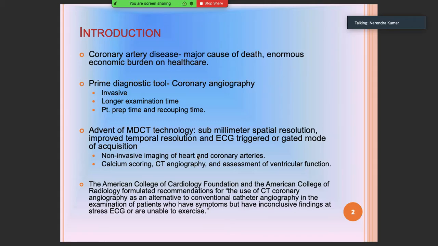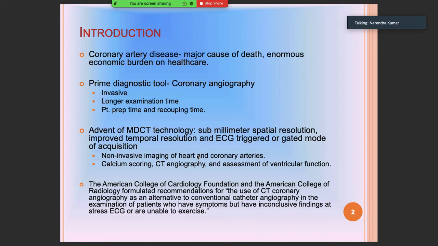And it is important for us to be able to diagnose or detect someone with coronary artery disease because it is an important cause not only of death but, when we think of the economic burden on healthcare, it is immense, isn't it? So that is why